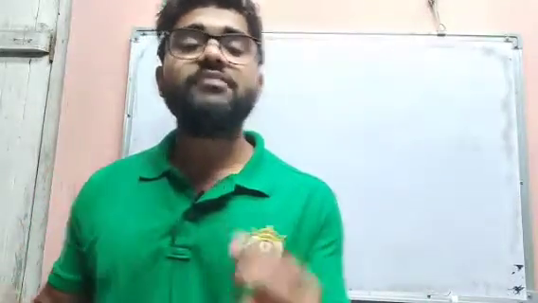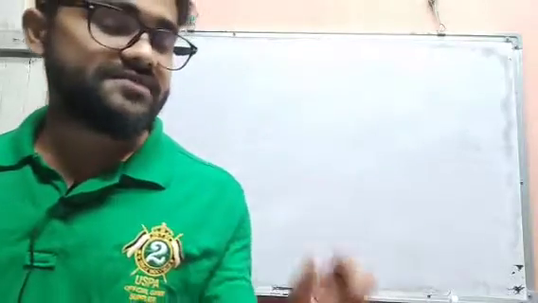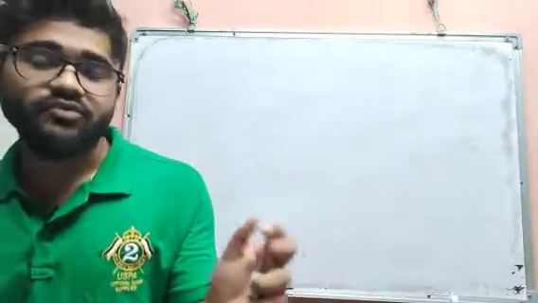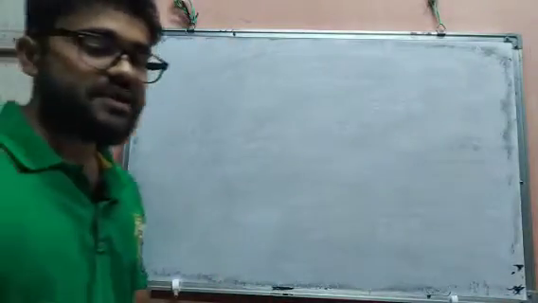Again, if I ask after 5 years what my age will be, 25 plus 5. That means when we have to find the age in the future, we have to add, and when we have to find our age in the past, we have to subtract the required years we are asking from our present age. So here it is given Ram is half his father's age now. That means Ram's age is half of his father's age, so Ram's age depends upon his father's age.